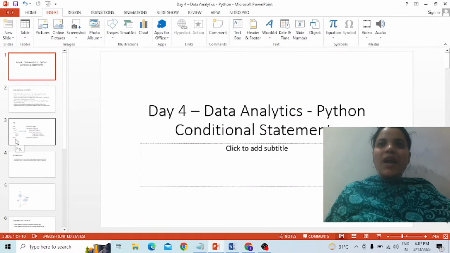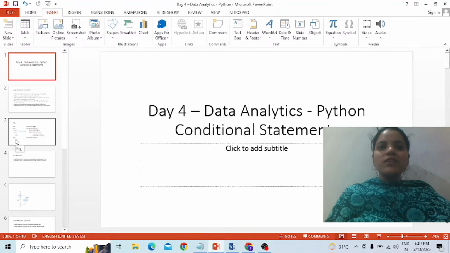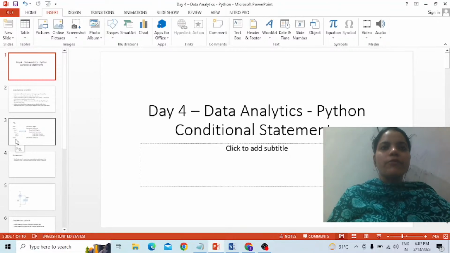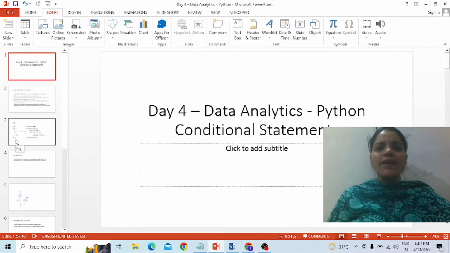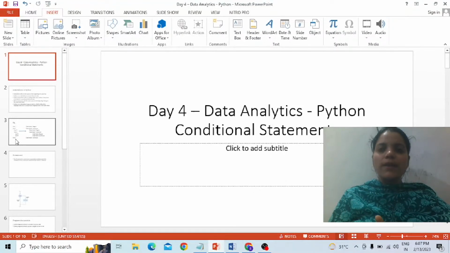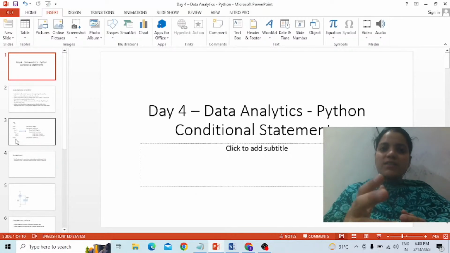A very quick recap of what we have learned in the lecture last time. We went into the depth of operators. The other categories of operators that we explored were the logical operator, then comes your comparison operator, assignment operators, membership operators, and identity operators. All right. Fine. Today we will take a step ahead